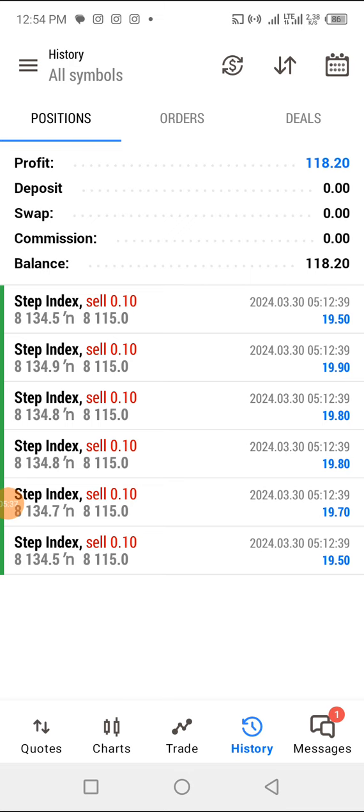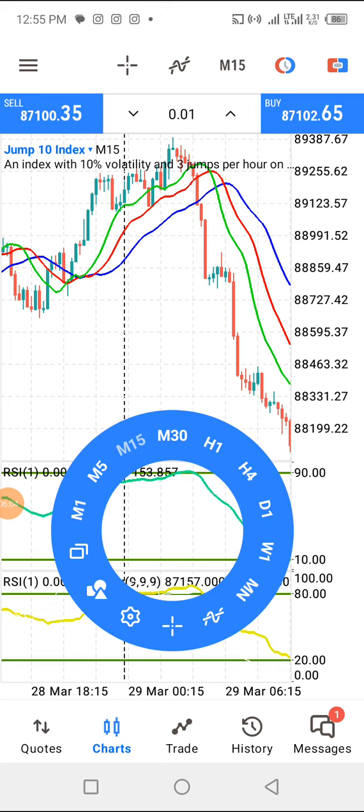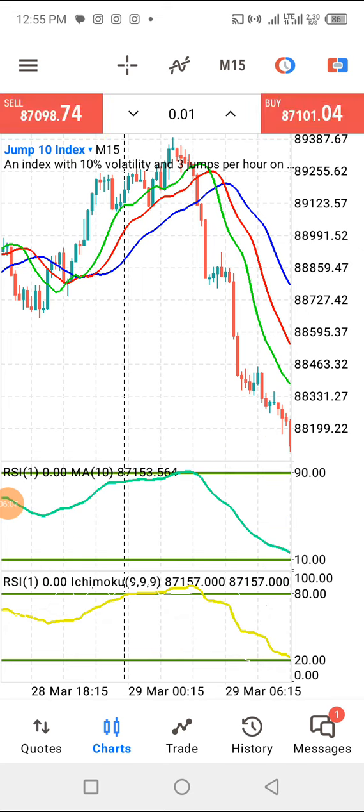Yeah. So also, let's go to our charts. Let's do today's business. Today we'll be talking about the jump index. In this jump index, the strategy is very easy, and please always apply risk management when you are trading it. Risk management in the sense that you don't open multiple positions, and always allow the conditions to fall in place before you execute any trade. Is that clear? Because with that, you'll be able to make more money for yourself.